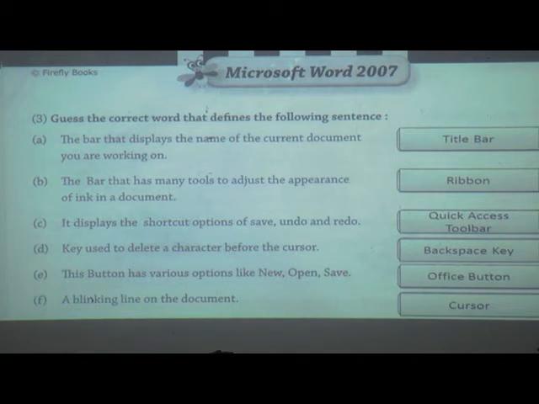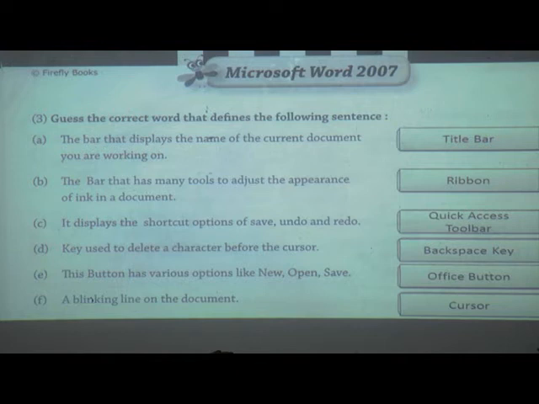Second one, the bar that has many tools to adjust the appearance of the line in a document. It is ribbon. It displays the shortcut option of save, undo and redo. Quick access toolbar or quick access bar.